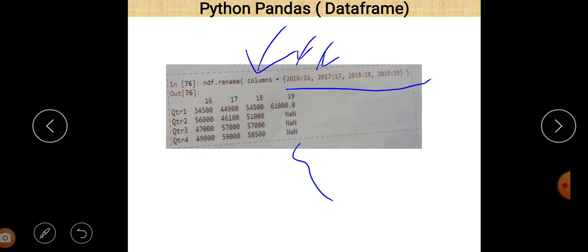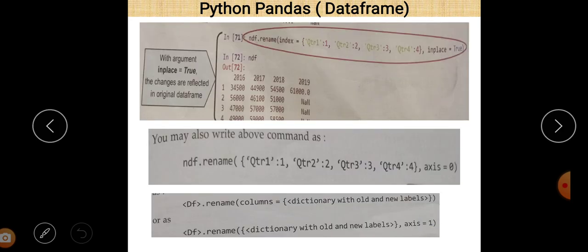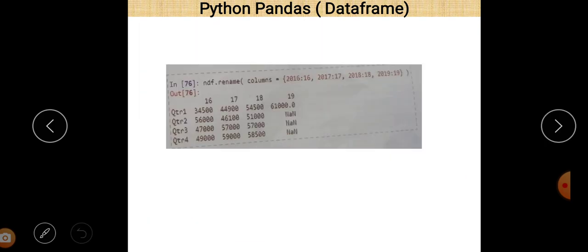You can easily see that these are the data values, and 2016, 17, 18 and 19 are the keys of the dictionary, which are basically the column names of the original data frame. So just write columns 2016 colon 16, 2017 colon 17, 2018 colon 18, 2019 colon 19, and after that execution